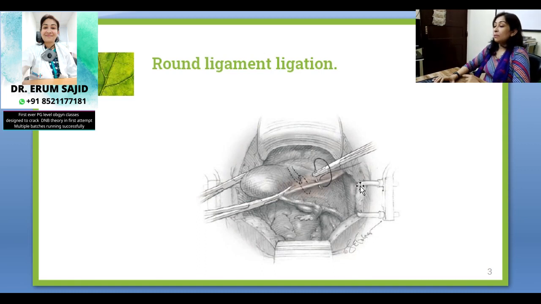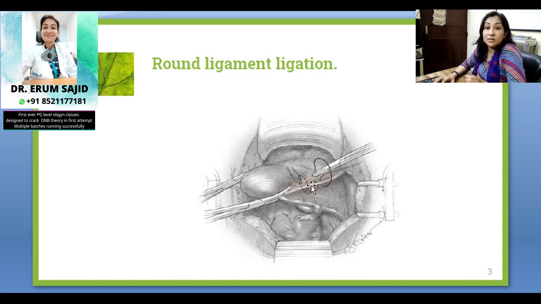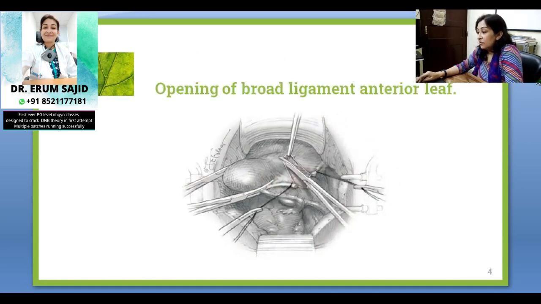Now let's talk about the first step of hysterectomy, which is the round ligament ligation. They are taut structures which you can easily identify, as you can see in the diagram. All you have to do is pick it up with a clamp. There is another clamp applied over here. You have to cut it and then ligate it. That is the best method. They're not showing it properly here, but you have to cut it and ligate it, on both sides. First of all, you take up the round ligament. That is the first structure which is clamped, cut and ligated in an abdominal hysterectomy.